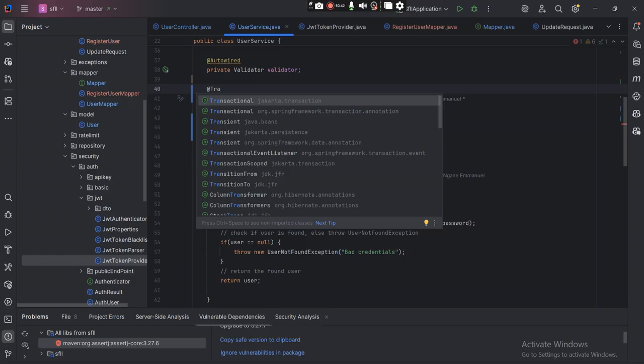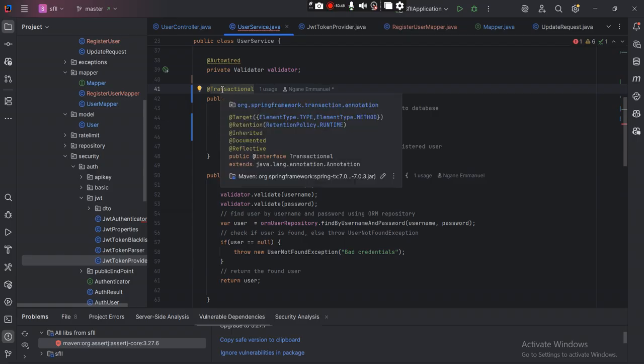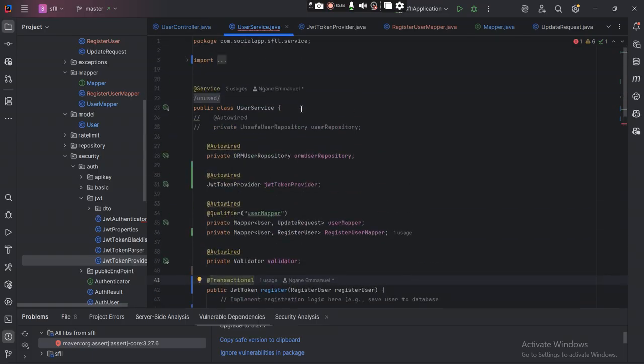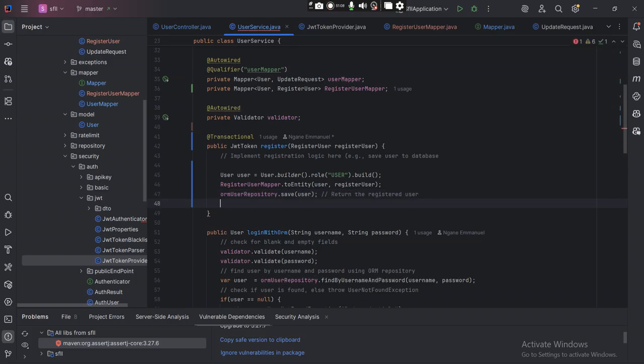I think that's Spring Framework or Jakarta annotation. I don't know which one is used most. I don't know if we're going to Spring or Jakarta. But what I want to do is make sure that all of these methods run or don't run at all. You don't want to save a user, because one thing we want to do is save the user to the database, right? So when we save the user to the database, then,